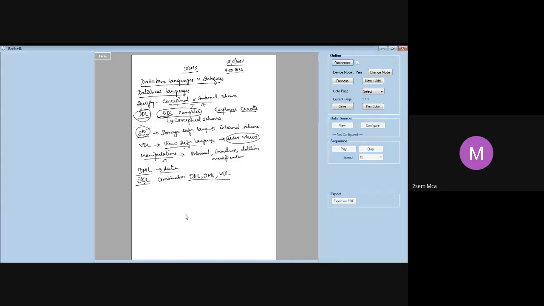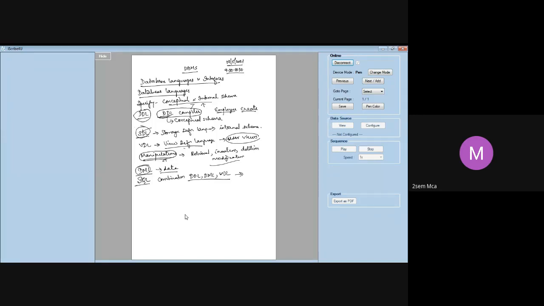So I said once the schema is defined, your database is ready, you have created all your database entities using your DDL statements, and then you have entered all your data. The next thing that you want to do is some manipulations. When I say manipulations, it is nothing but you are trying to do some retrieval, some insertion, some deletion, some modification, for which you make use of your DML statements. So also I told you that SQL is a combination of everything. When you use SQL, you can do all these using that one particular language.